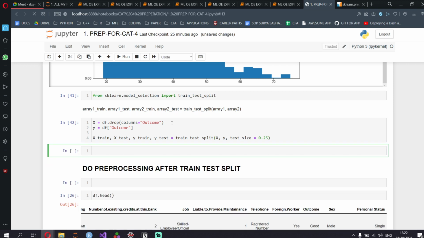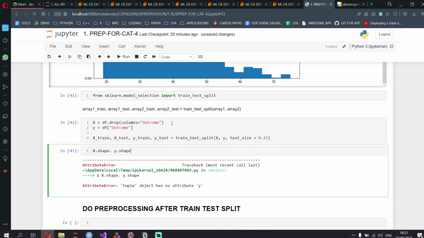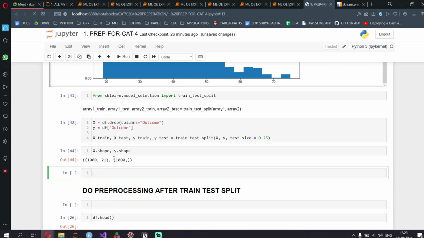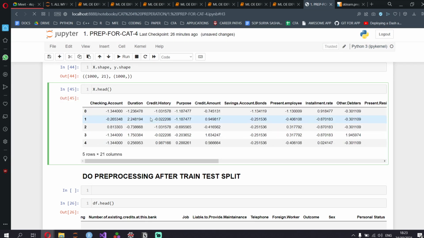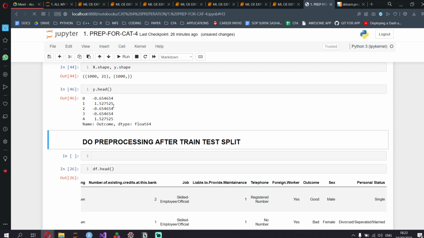So let's first print the shape of each one, X.shape, Y.shape. So there are 1000 rows in X and 21 columns, and this is just one column over here. Let me print it out so that you understand how it looks. Head has everything, it has 21 columns. If I put Y alone, it's only those outcome values.